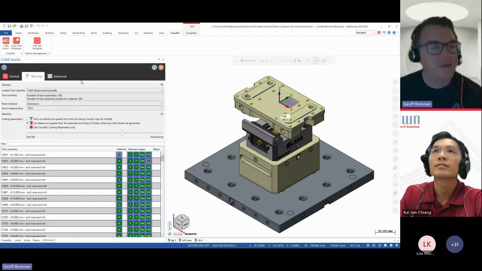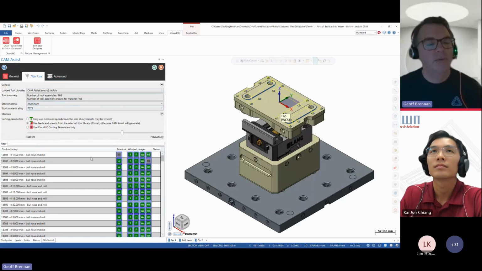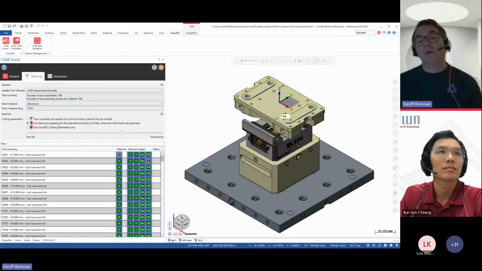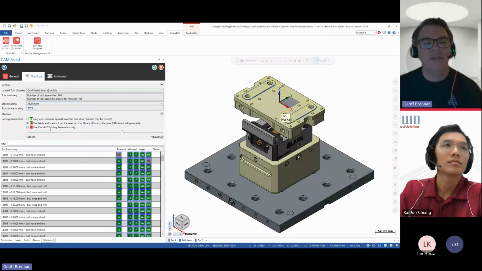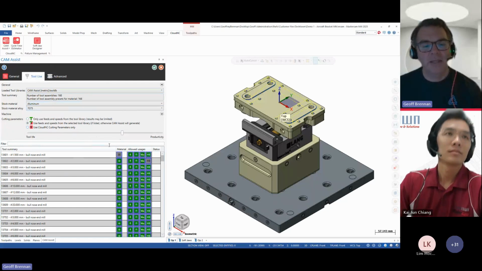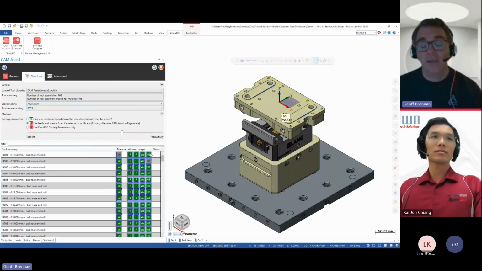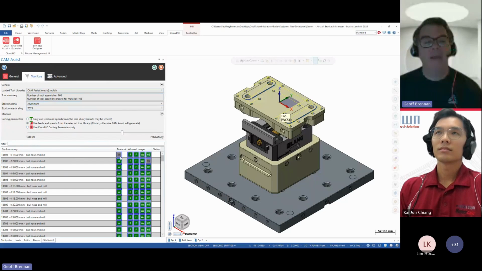And then in terms of the cutting parameters, so some of the tools, the Cutting Parameters Explorer is limited so far to round solid tools. So when we're talking about face mills or other indexable tools, they're not going to be set up in terms of CloudNC cutting parameters quite yet. So we're going to be taking some of those. CamAssist will run with them as long as they're set up as a preset.